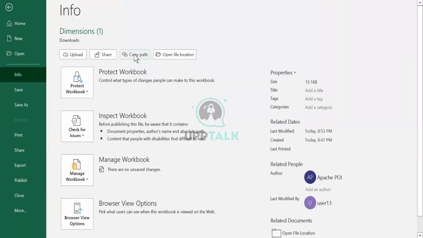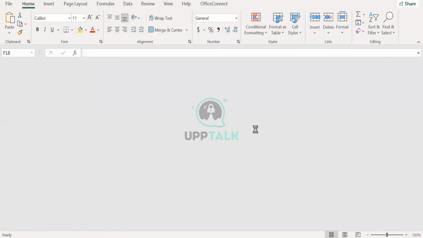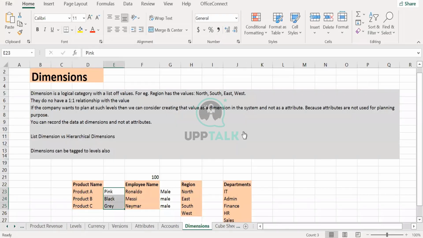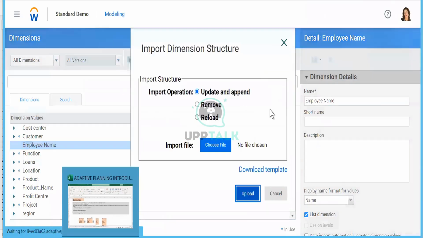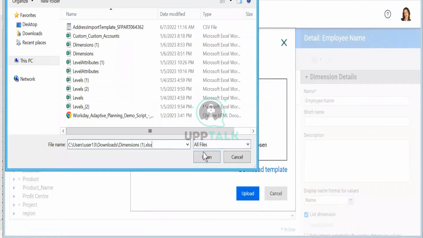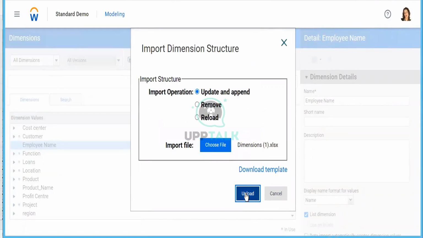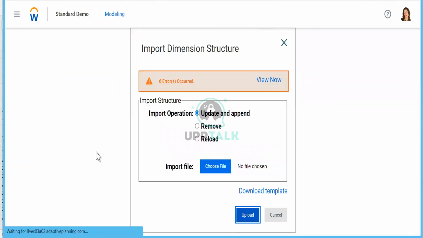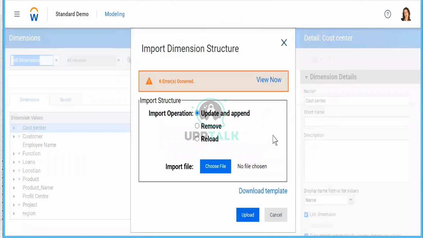I copy the path and again choose the file. Let's see. We have now created the parent with the same name and still we are getting an error. Why is that?